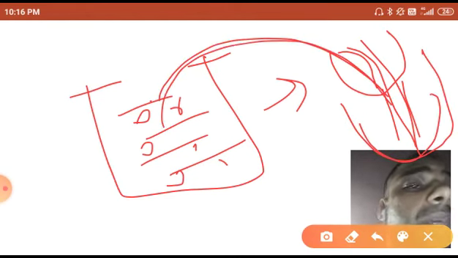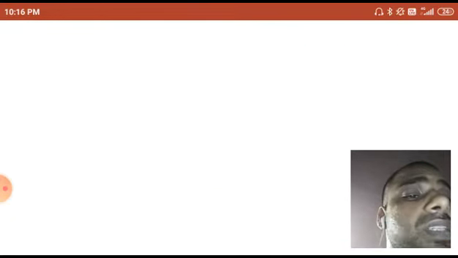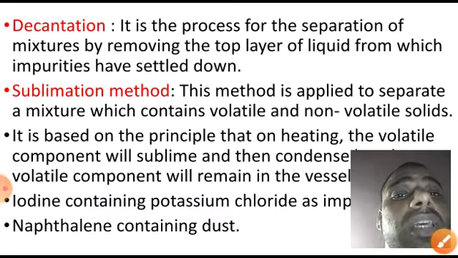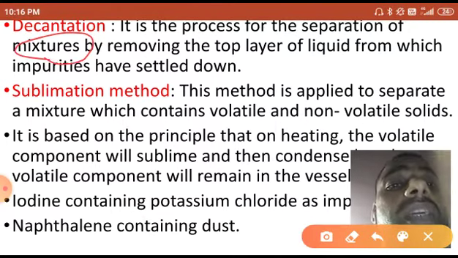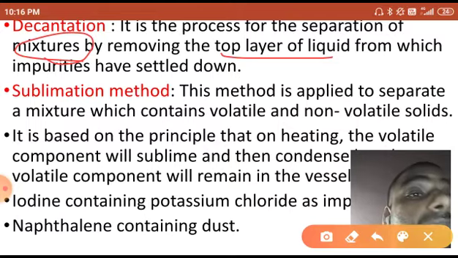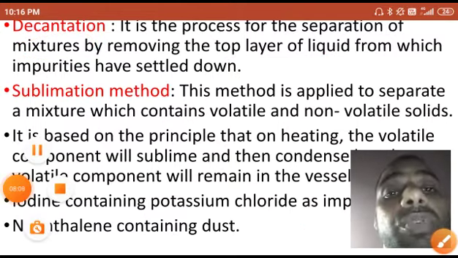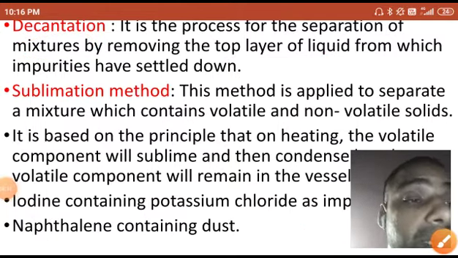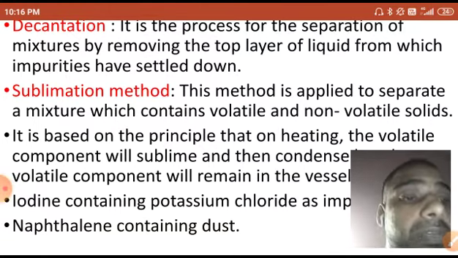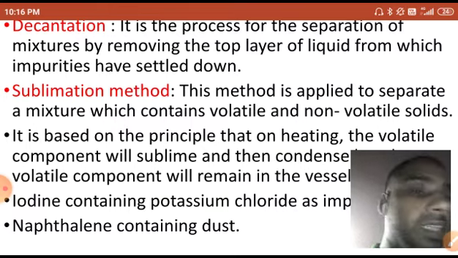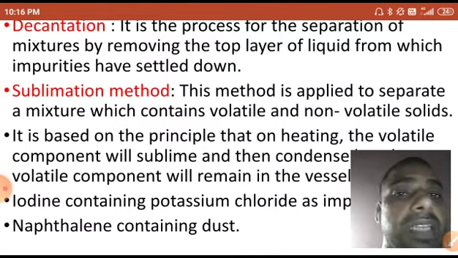So liquid separation is known as decantation. Dear student, here the definition is written: it is the process for the separation of a mixture by removing the top layer of liquid. After sedimentation, the impurities settle down and the liquid you can separate, that is decantation.